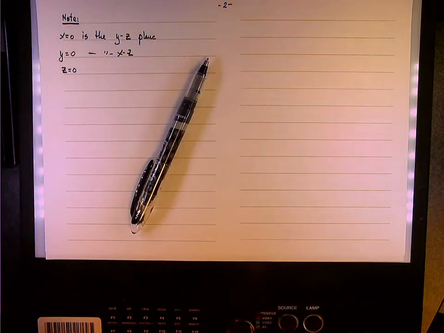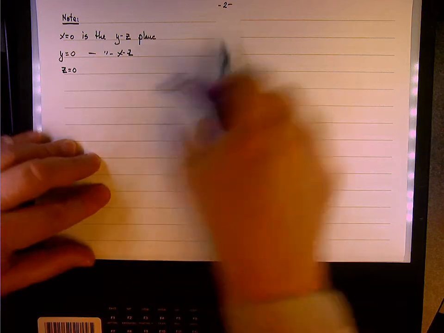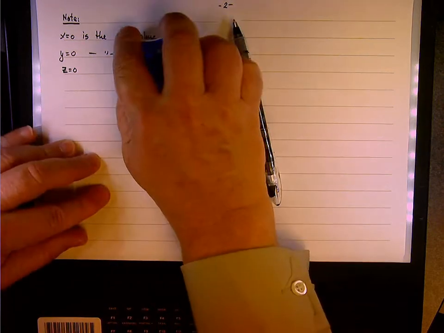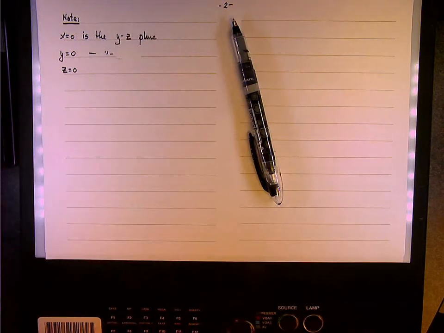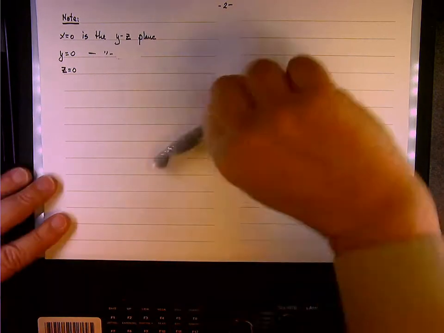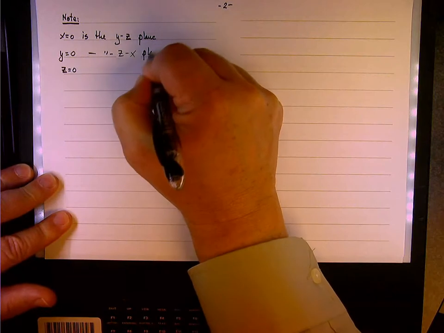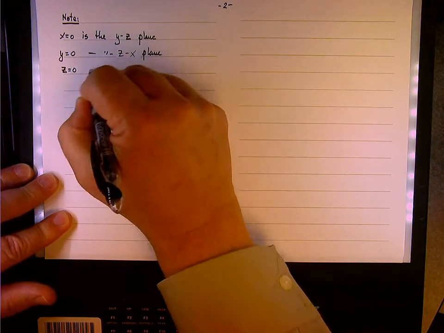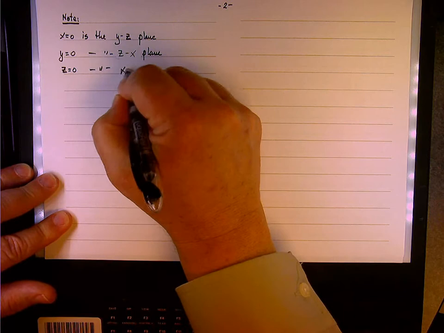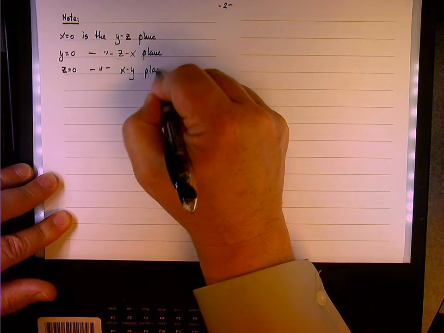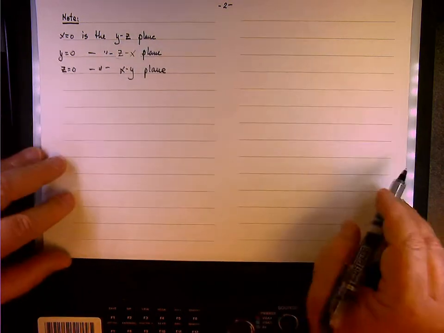Actually, because we want to go in order, I'm going to write it as the zx plane, because we go x, y, z, x, y, z, x, y, z, keeping the right-hand rule. So it will be the zx plane. And z equals 0 is the xy plane. All right? So this is something that we